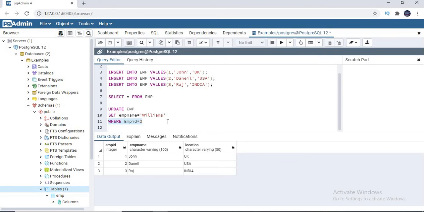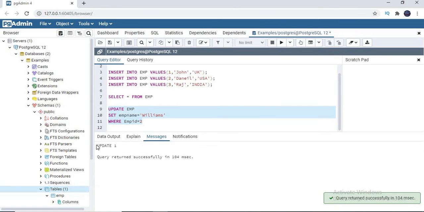We will talk in detail about the where clause, how to use it, where to use it, and what its purpose is. We'll talk about it slowly. But let's not focus on the where clause now. The where clause is the one which filters the specific data. Now it is filtering only the second record. Let's select the part of the query, whatever portion you want to execute, and click on this.